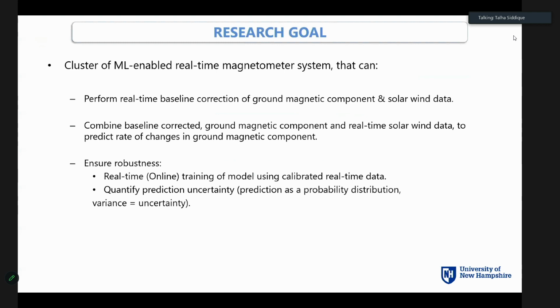So this brings us to our research goal. We are going to implement and deploy a cluster of machine learning-enabled real-time magnetometer systems that can first of all do real-time baseline correction of the ground magnetic component and also do some calibration of solar wind data from the satellite, as well as combine this baseline-corrected ground magnetic component data with real-time solar wind data from the satellites to predict rate of changes in